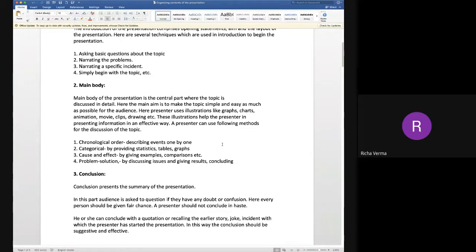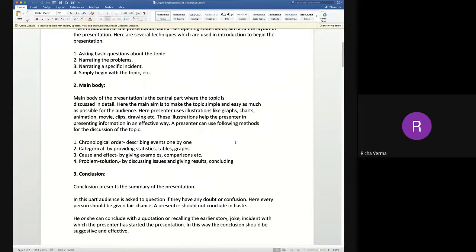It can be supported by your examples, by contrasting elements, by making differentiations, by making tables, charts, or bar charts. You can describe it through flow charts. You can describe it by categorizing into different types of data, facts, statistics, or anything. So the main aim of the content is that the audience should be able to understand whatever you are trying to say, and you can always make them understand with the help of the supporting documents.